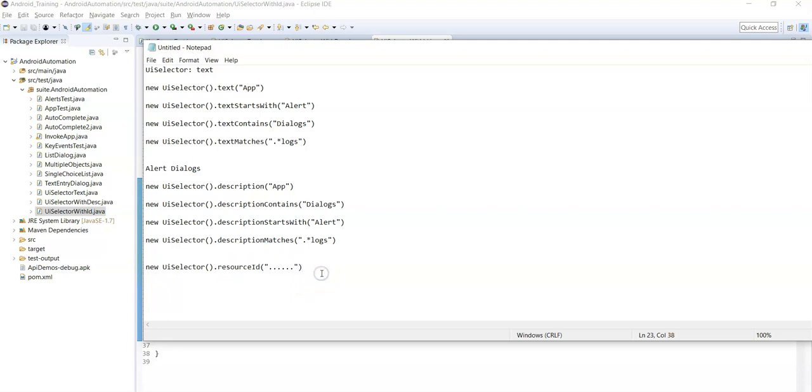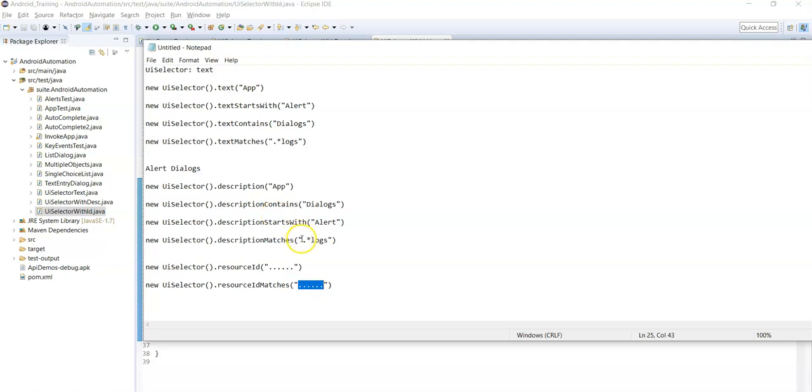Same as textMatches and descriptionMatches, there is one more method, resourceIdMatches. This method also identifies an element using its matched resource ID value after evaluating the regular expression.